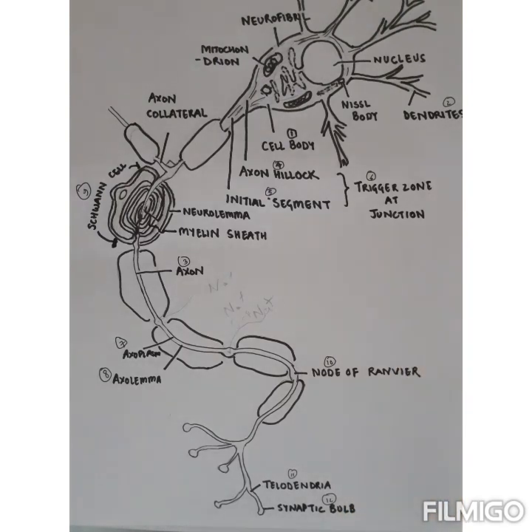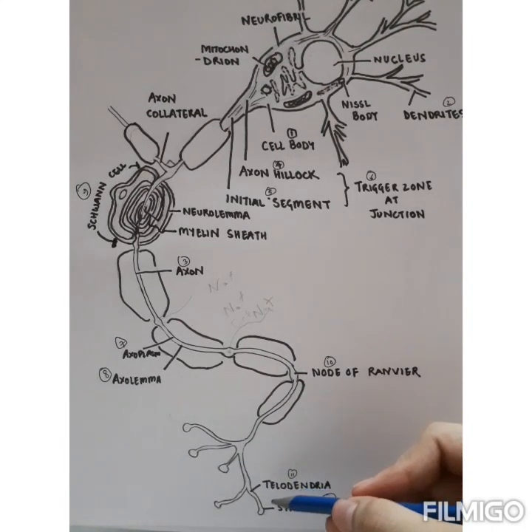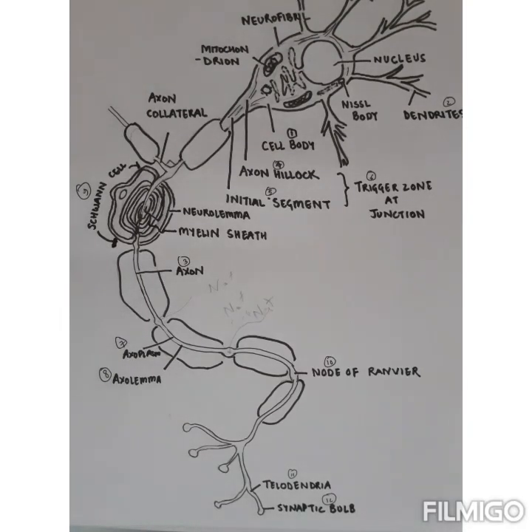So the axon terminal is the position where the structure called the synaptic bulb is present. Inside the synaptic bulb, we have synaptic vesicles which contain neurotransmitters, and these neurotransmitters are released at the synapse to establish communication with the next neuron. So this is what the structure of a neuron is, and I hope I could help you with this explanation,